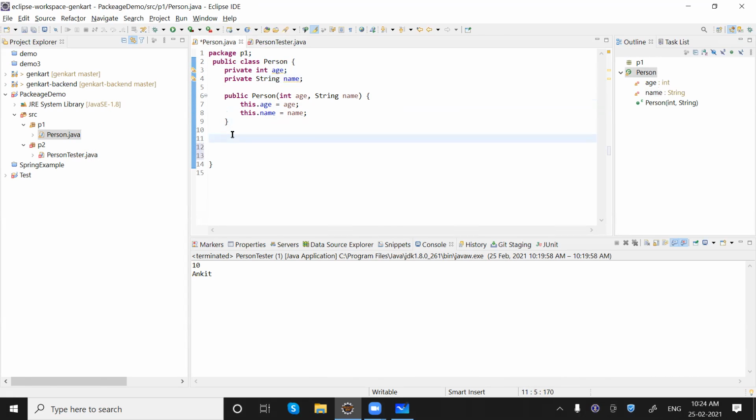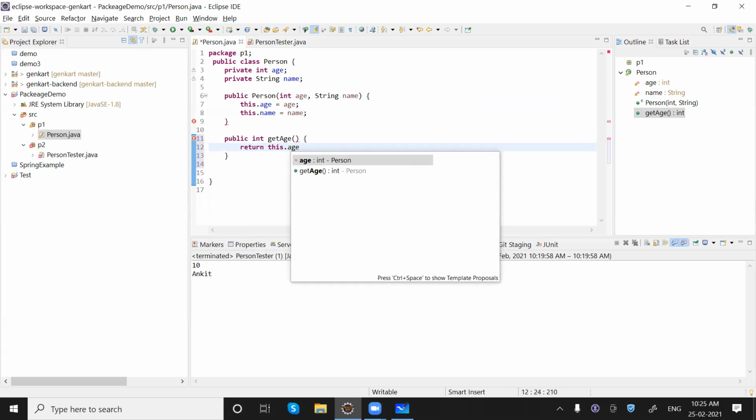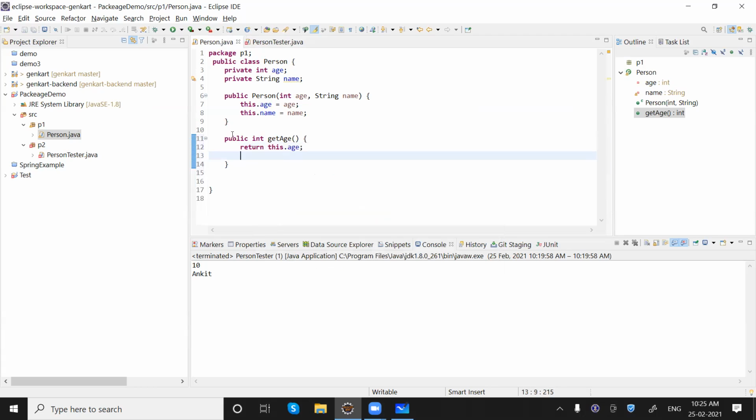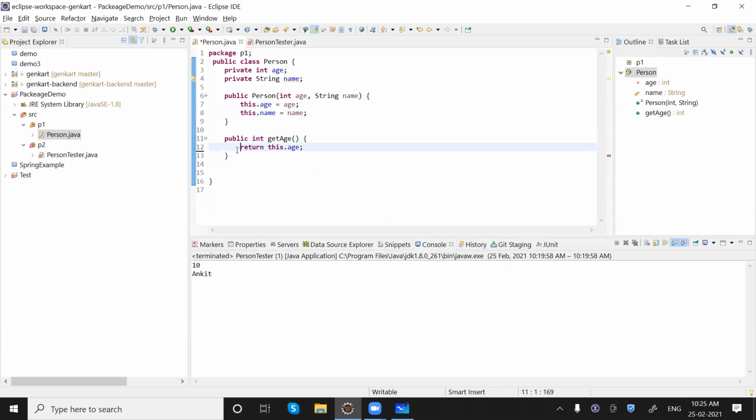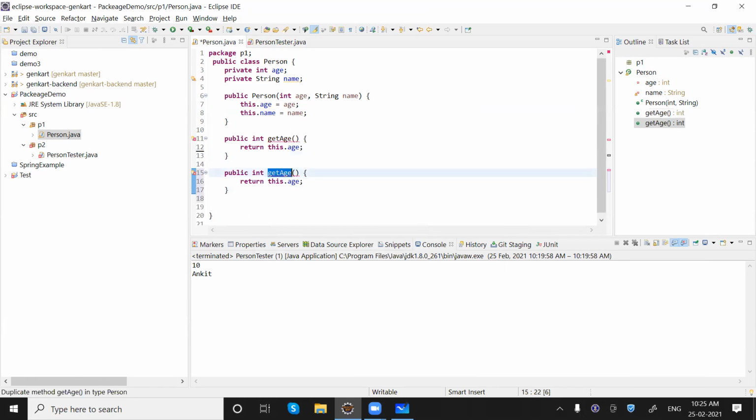If we want to access, we can say something like this: public int getAge, return this.age. Okay, now we can write getName, return this.name.